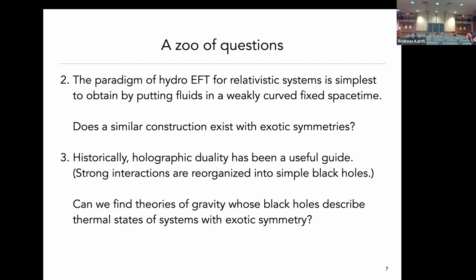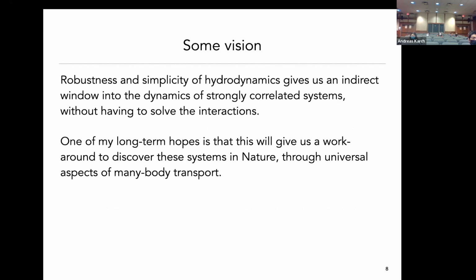in the usual holographic dictionary, boundary global symmetries are dual to bulk gauge symmetries. And now you can imagine gauging something like subsystem symmetry and then having a theory of gravity invariant under it. And what on earth does that look like? This is a panel, so I can pose such questions that I have no idea how to answer, and let all of you judge if they're worthwhile and to think about them, perhaps, if they are. That's all I have to say. Oh, no, it's not all I have to say.